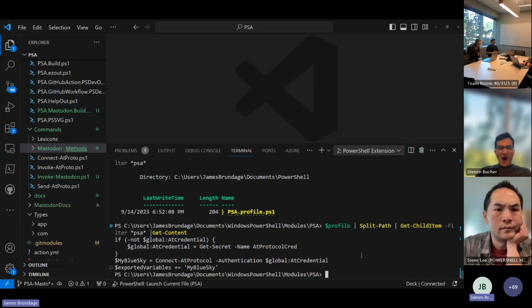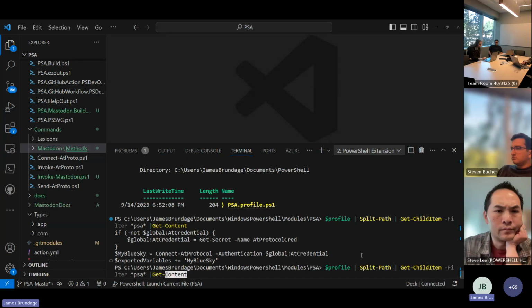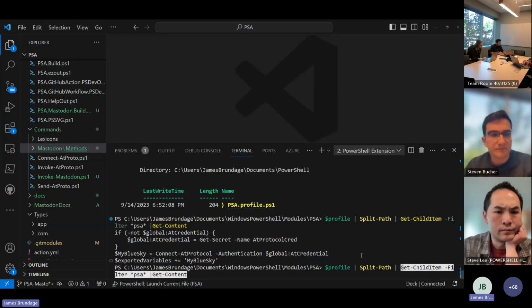So not only do we have a nice way to talk to Blue Sky, and coming down the pike, a nice way to talk to Mastodon and whatever other social networks we end up eating up over time, but we also have accidentally kind of discovered a good convention that we can all use to make our modules configurable with basically a single line of code. Because all we need to do is basically split path for profile, test path to see if there's a profile for our thing, and then run it. So that's the PSA on PSA,